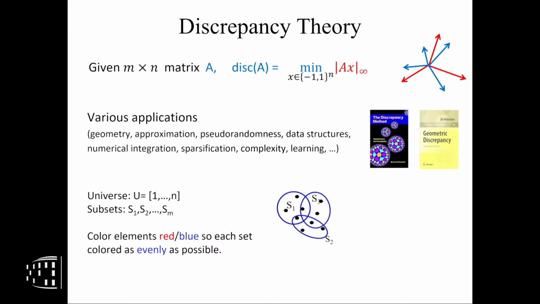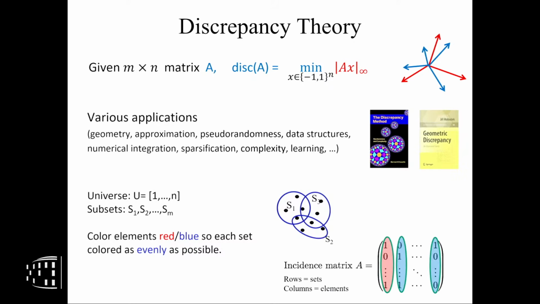And so in computer science, when you apply these things, usually things are more discrete. And indeed, combinatorialists have looked at discrepancy, so I'll use that terminology to keep things simple. You can think of this A as consisting of 0, 1 entries. Think of it as a set system, and this is the incidence matrix of some set system. So your columns correspond to elements and rows to sets. Maybe here's a toy picture. And now you want to color these elements red or blue, so hit these columns with +1 or -1. And you want to balance each set, and the maximum imbalance is the discrepancy. So this is typically how it shows up in CS. I hope the definition makes sense.